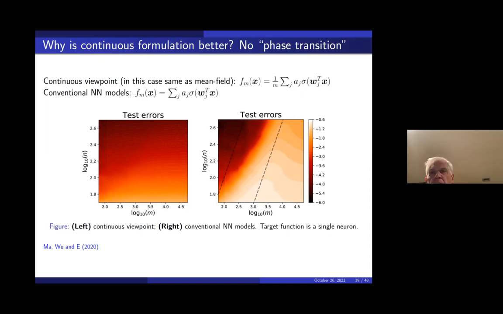Wait, could I just ask a quick question? So parameter tuning, is that the theta people refer to? No, so what is parameter tuning? Parameter tuning meaning hyperparameters. So the choice of m, the choice of n, or n is pretty much fixed, but the choice of m, for example, if you have 5 layers, how many neurons in each layer? And then the hyperparameters in the training algorithm, like the learning rate, how do you initialize the algorithm, how do you choose the learning rate? So these are called hyperparameters. These are not the parameters like A and J that we try to find in the training process.